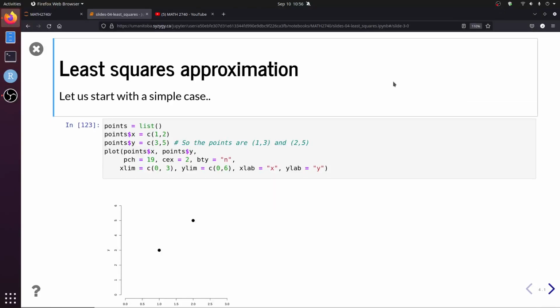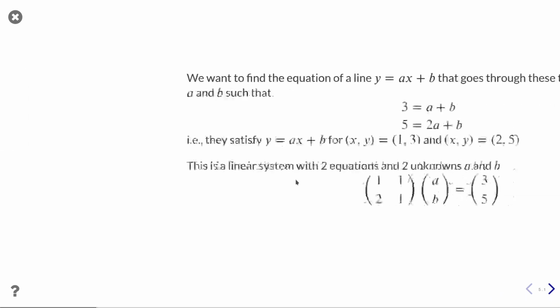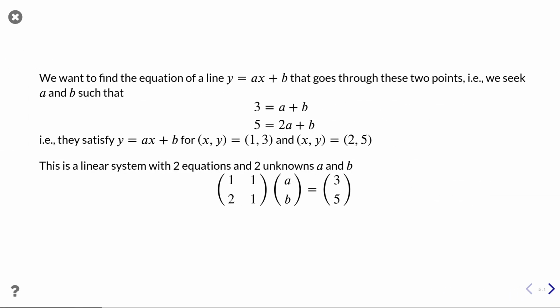Okay, second part of the lecture on least squares approximation. So let's start back where we had left off. We had just plotted these 2 points. And now let me remind you how you would find the line that goes through